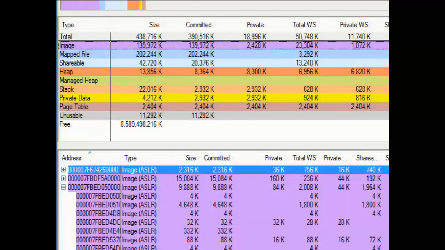And if you open up the latest copy of Windows Internals and look at the different types of memory and try to find what is unusable, it's not in there. This is a recently defined category as far as these tools are concerned.